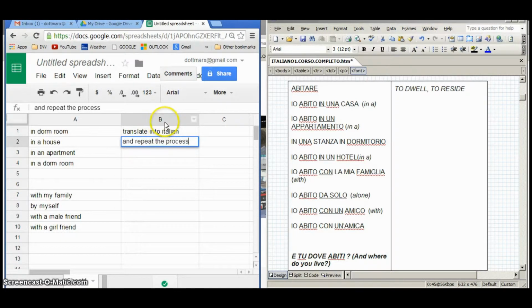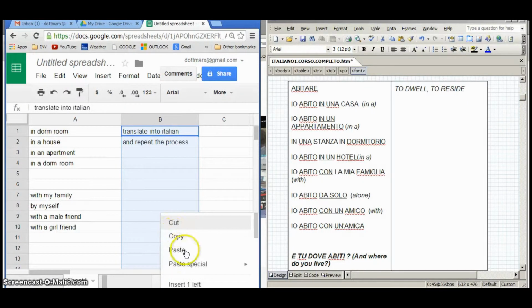I could have probably cut this off because it's not really getting anything. You know, you do the translation. Alright, so